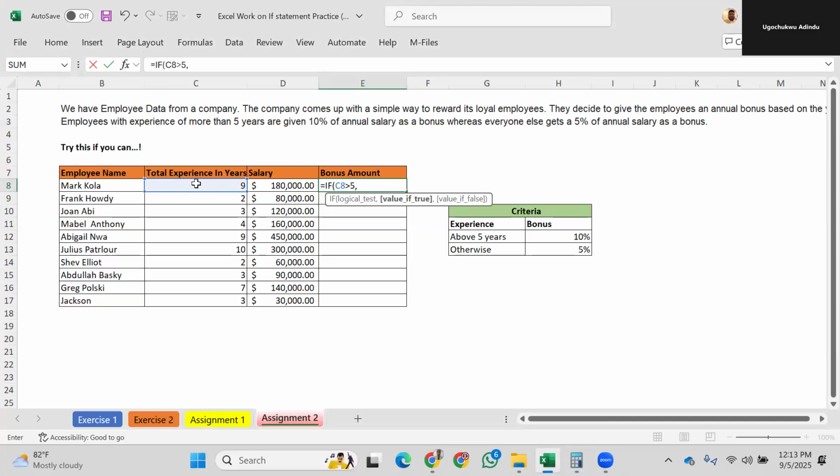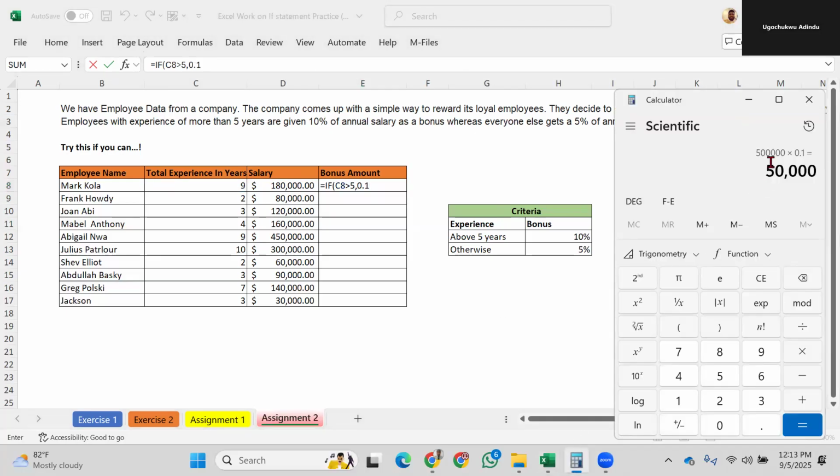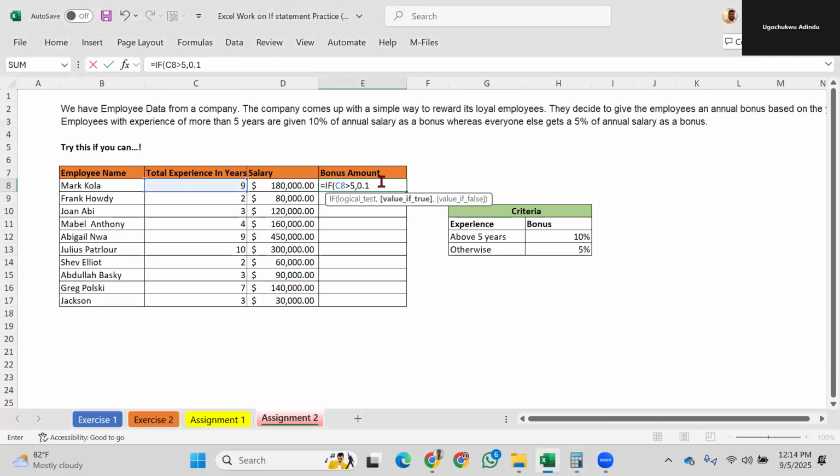So if anything on this cell is greater than 5, comma, that means then, comma, then 0.1. 0.1 is 10%, remember. So then 0.1 star, remember I said star means multiplication, 0.1 star, you click on this cell. So if anything here is greater than 5, then 0.1 star anything on this cell. Else, that's your comma, else